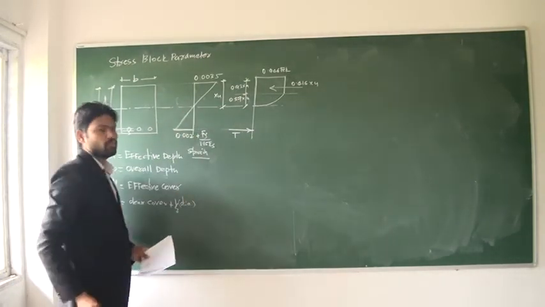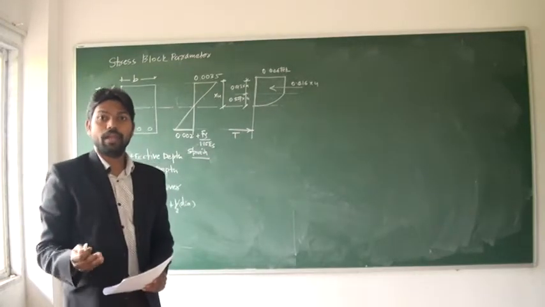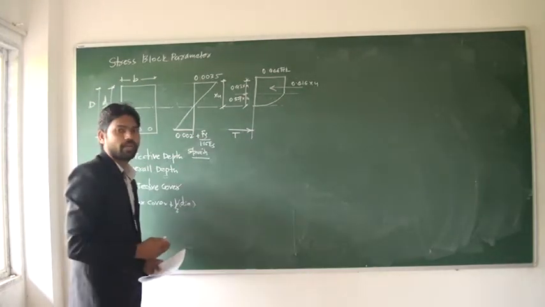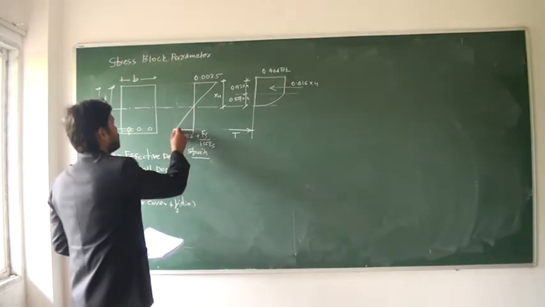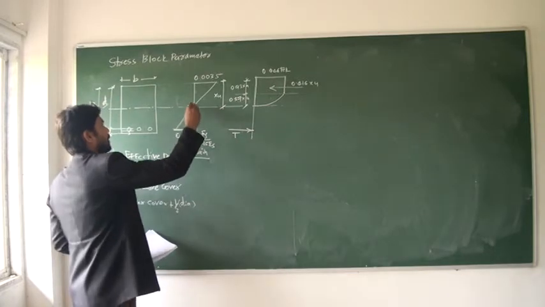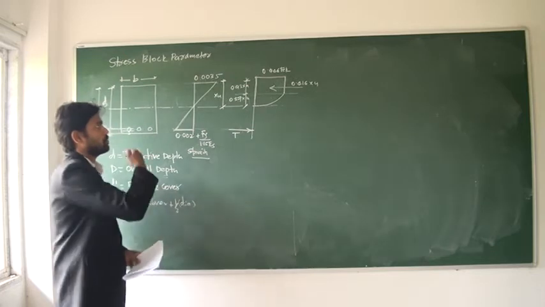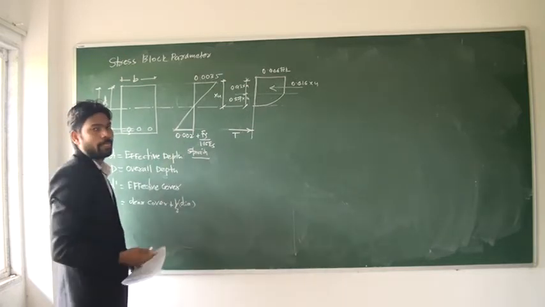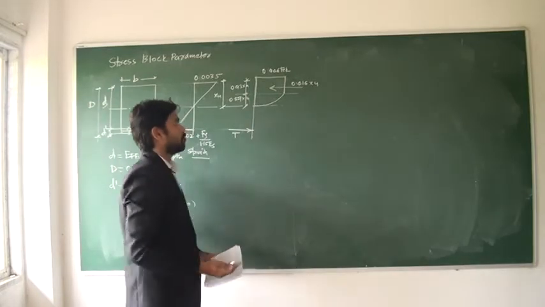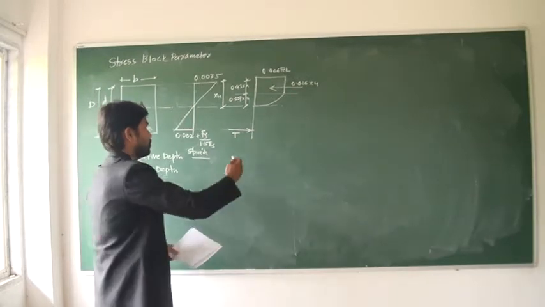For the steel we have assumed that the maximum strain in steel should not be less than 0.002 plus Fy divided by 1.15 Es. So this is the limit for the steel. On the extreme fiber I have mentioned the borderline values for strain of concrete as well as steel. Now we will move toward the next part, that is the stress block parameter of concrete.